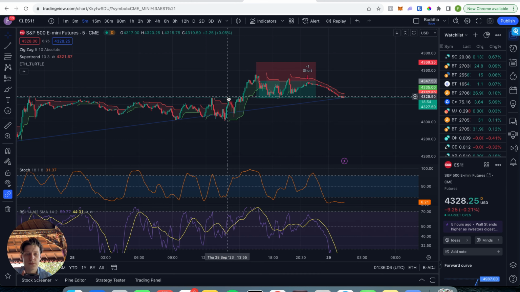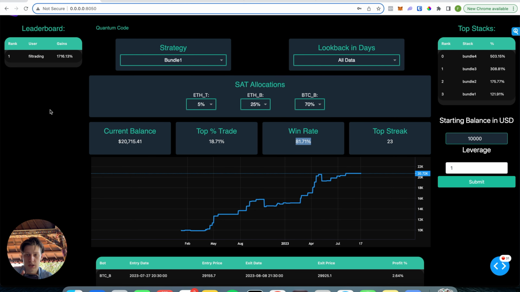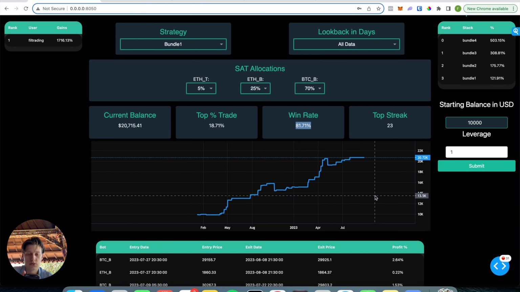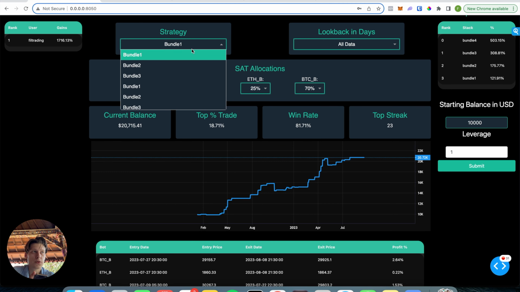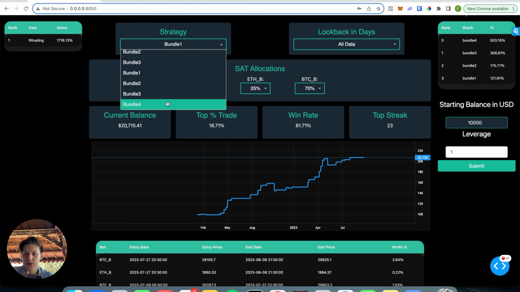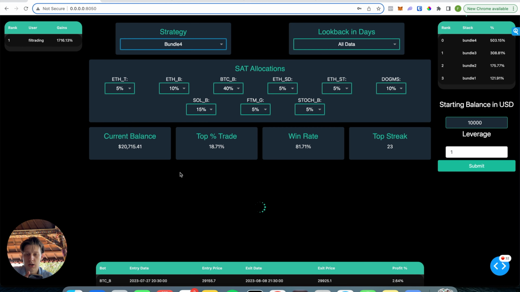And then the second layer on top of that is, in different market conditions, the strategy can perform differently, and that's why we have our bundles, right? And our bundles are designed in order to blend the strategies together and have a consistent performance over multiple market situations, because those strategies are made so that in every market condition there's at least one strategy that works well. And there's a few strategies we have here.